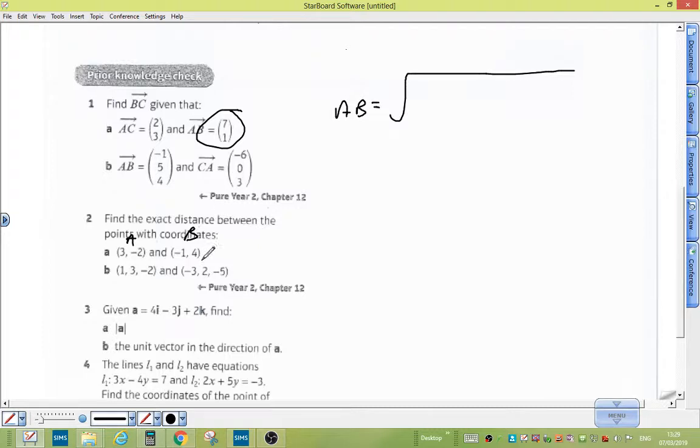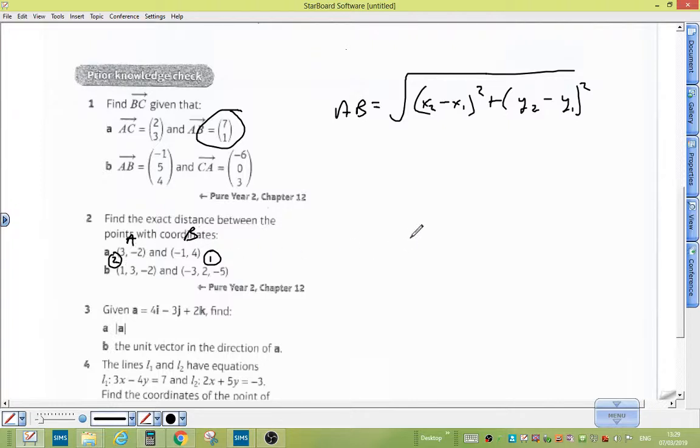You call one of them, it doesn't matter which one, you call one of them 1 and label the other one 2. The law says it is x2 minus x1 all squared plus y2 minus y1 all squared. You've probably done it in coordinate geometry, am I right? Okay, well, the law still applies for it. You can use these as coordinates, or you could convert them to vectors. So as a vector,